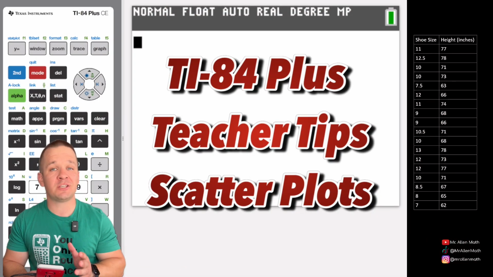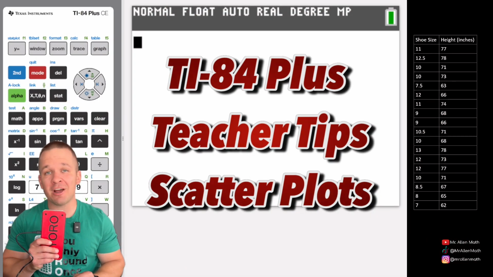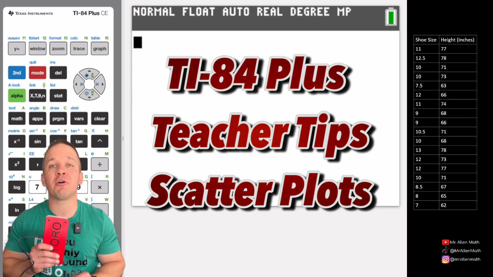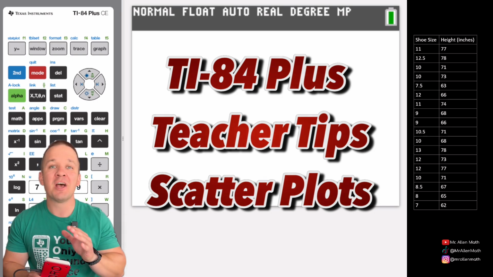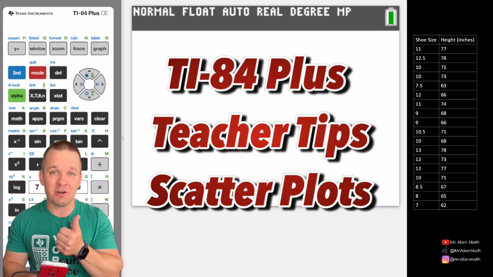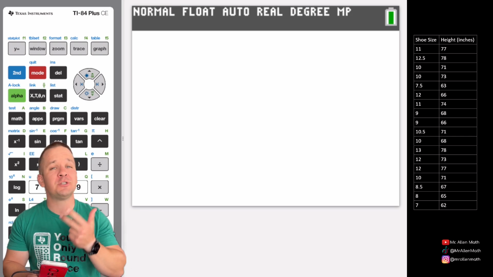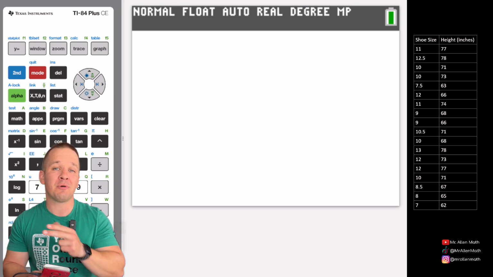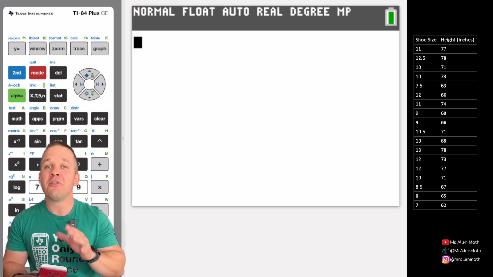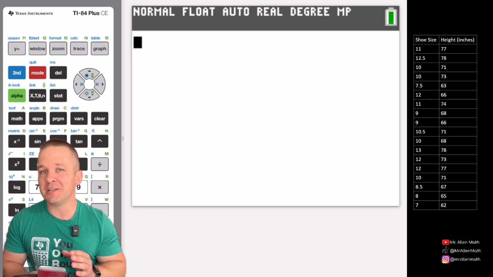Mr. Allen here. In this video, I'm going to show you how to create a scatter plot using your TI-84 Plus graphing calculator and everything that goes along with it. We're going to create a linear regression model, store it in our y-equals, use it to make predictions and go through any kind of errors that you might encounter the first time or any time you're doing this in your